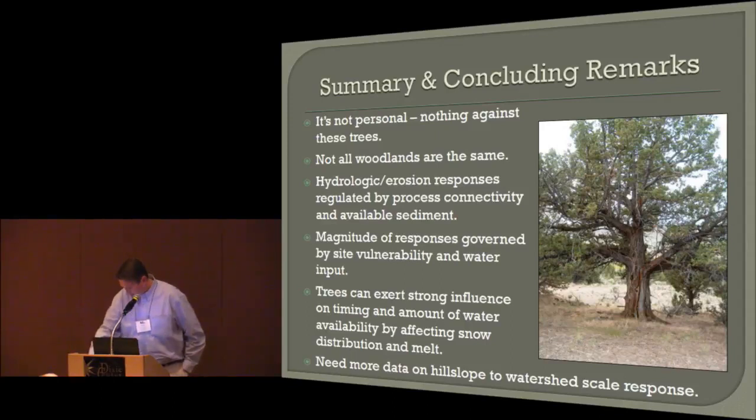So by way of summary and concluding remarks, it's not personal. I don't have anything against the trees. I feel like I talked a lot about maybe negative sides of trees, and Bruce Roundy, he's here today. He led a talk one time with, what do we have against these trees? What kind of problems do we have with these trees anyway? We don't have anything against them here per se, but more or less just trying to explain hydrology